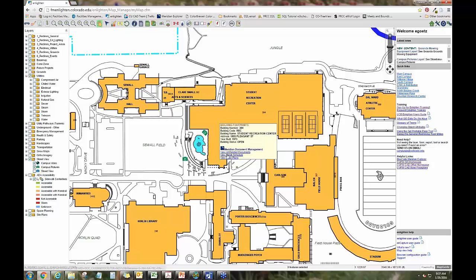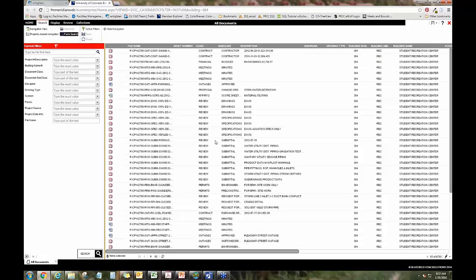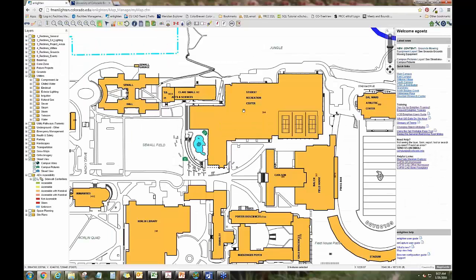These links down here actually link directly into our document management system. If we click on one of these, it'll launch us into our Meridian document management system, and it just did a search for every drawing related to that building. You can see we got about 6,000 results for that one building. All right, if we go back to the map here,